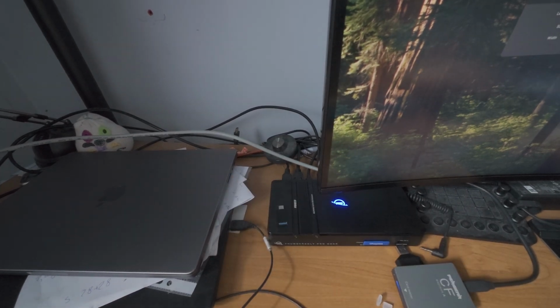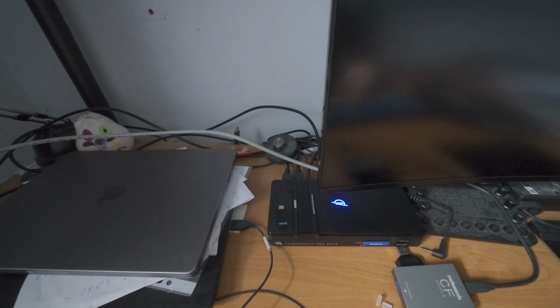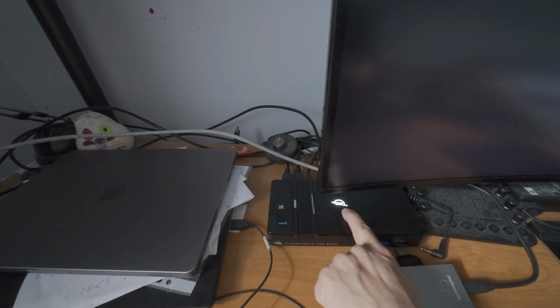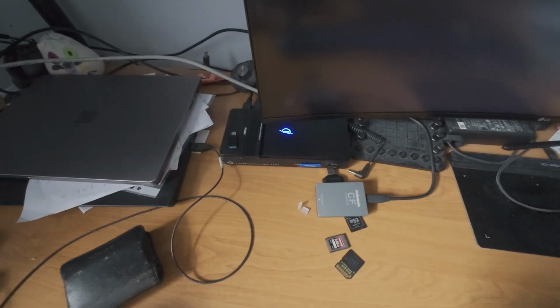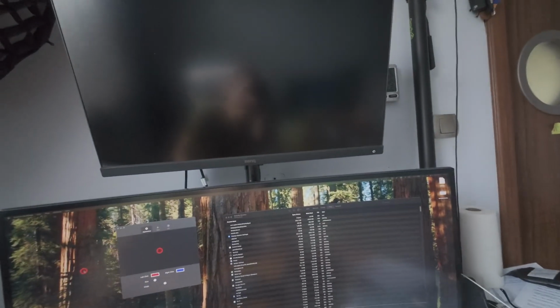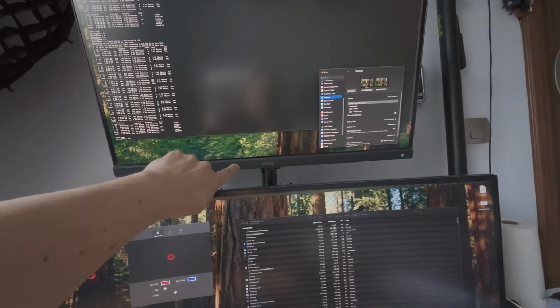So let's see what happens if I put my Mac to sleep. So now I put my Mac to sleep. The power station even went to sleep quite fast. Both monitors are off, and let's see what happens if I wake up my Mac. So the power station is on, and what happens to the monitors? It takes some time. This one is on, and the BenQ is thinking, and it's on too. But sometimes it's not on,